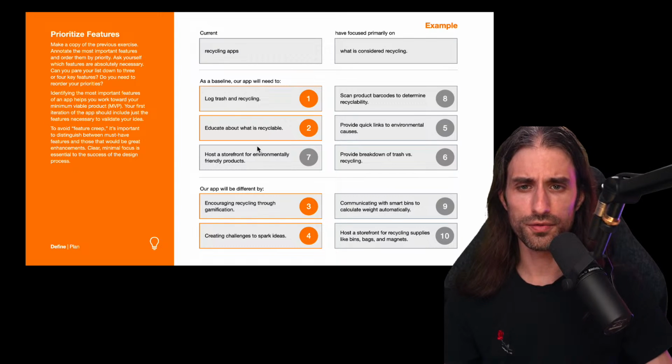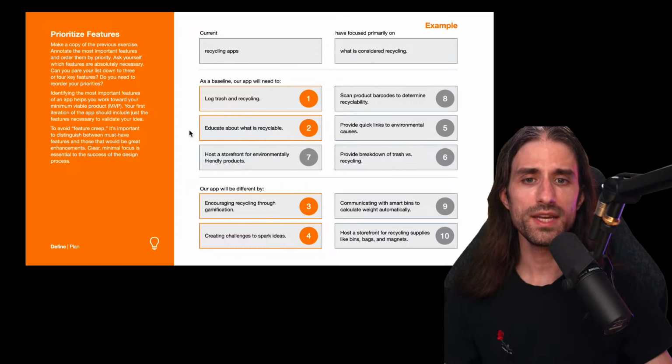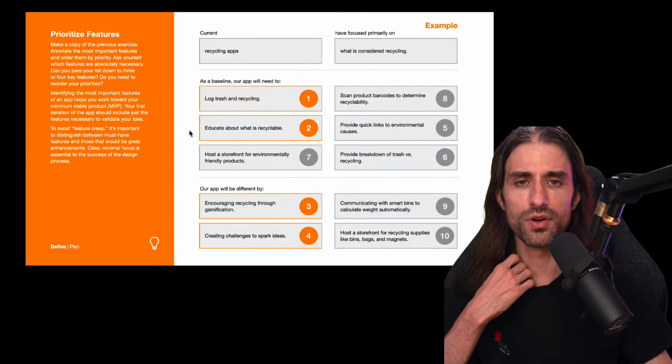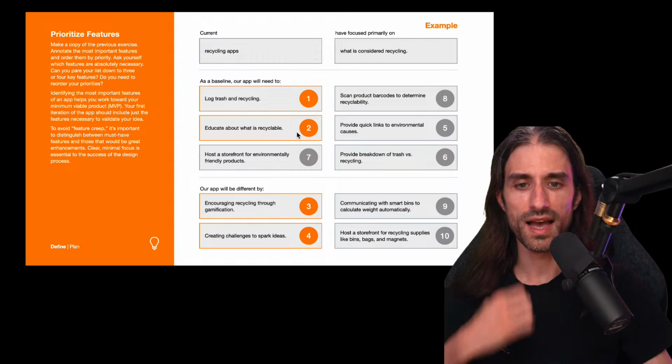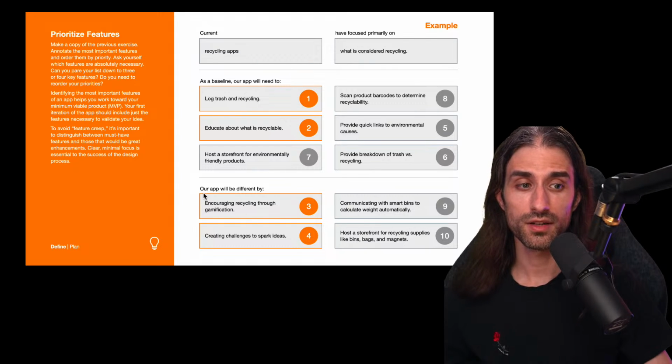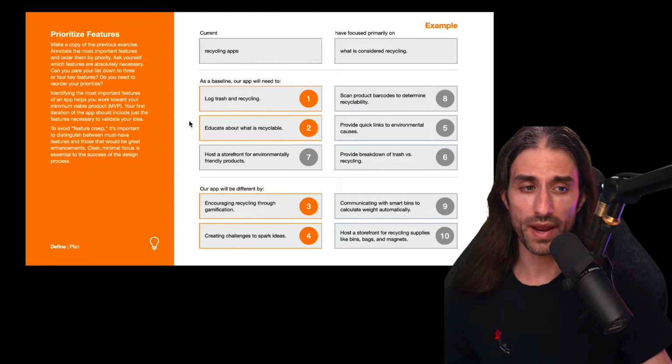So here they've ordered the features. Logging trash and recycling is the basic feature. Educating about what's recyclable is also one of the basic features, but still less important. And then it's the gamification part that makes sense to have as differentiators here, and creating challenges to spark ideas. So I kind of agree with the prioritization, because these are the easiest to create.